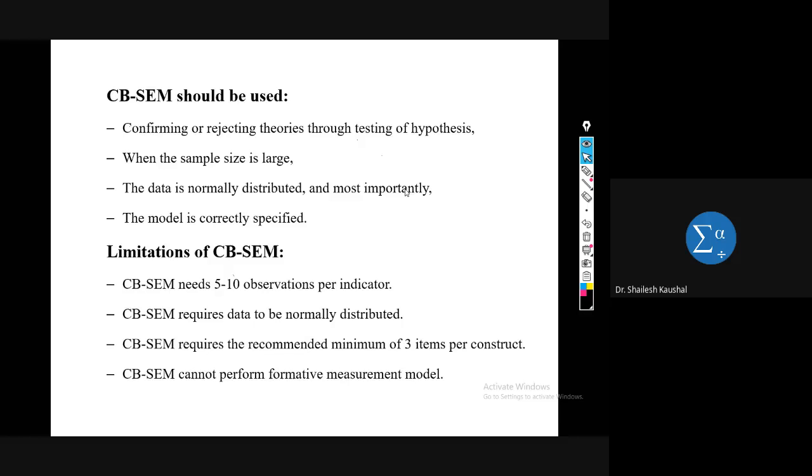If any construct has fewer than 3 questions, like 2 or 1, then the model would be under identified. But here it is no issue. If my construct has only one question, one indicator or variable, then CBSEM cannot perform